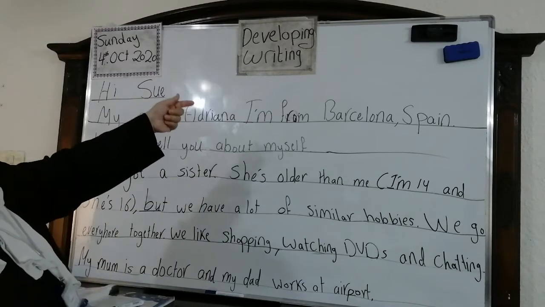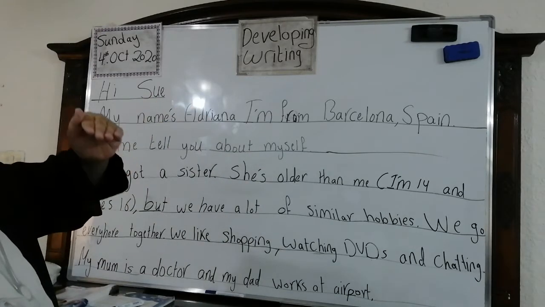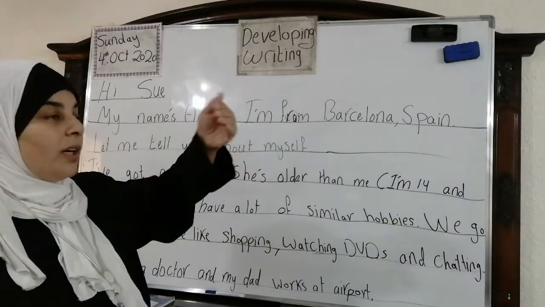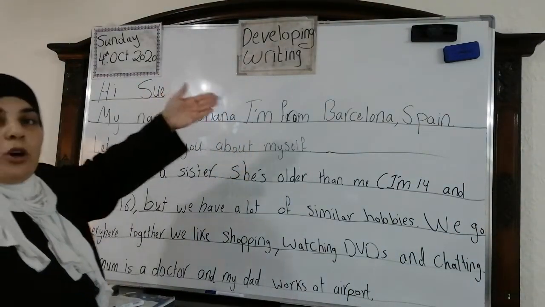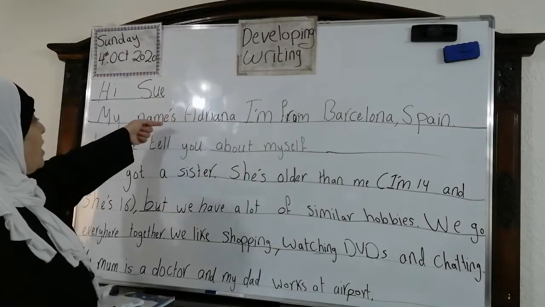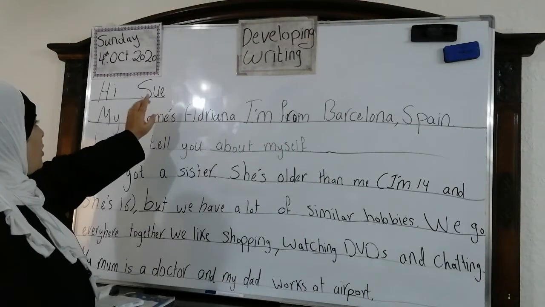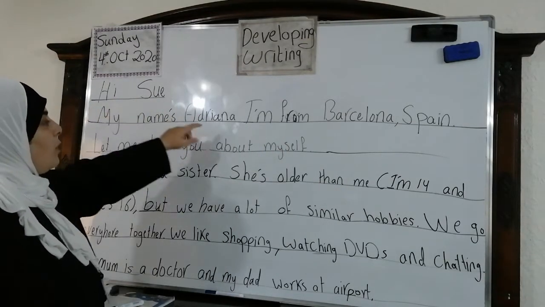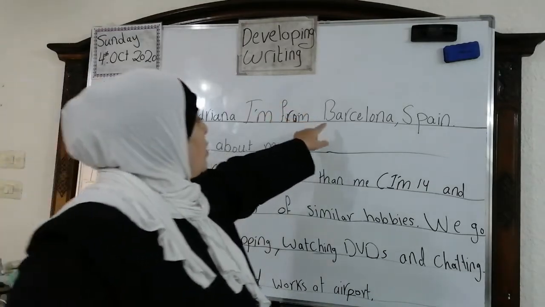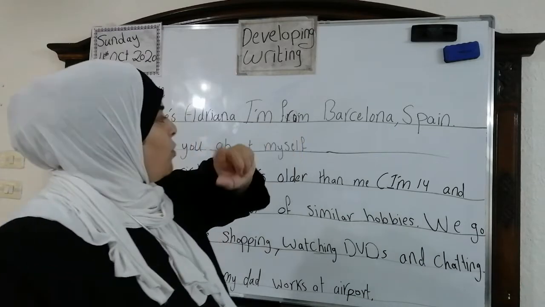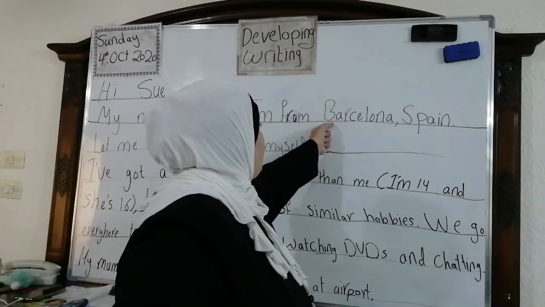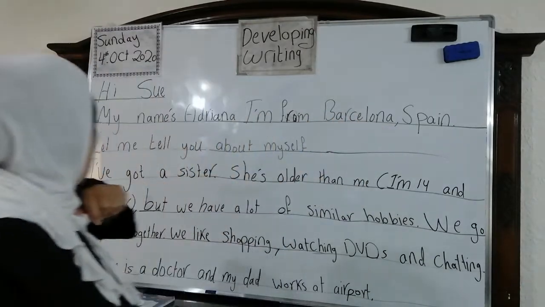I am from Barcelona. If you remember, we said when we write an informal letter or email, we are going to use contractions. What are they? Because it's an informal email or letter. My name's, look at this one, okay? We used hi, be careful. I'm from Barcelona. We wrote the capital letters. Don't forget, these are from the mistakes or the notes we read now. I'm from Barcelona, Spain, okay?